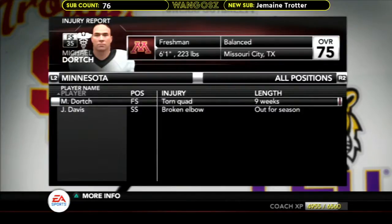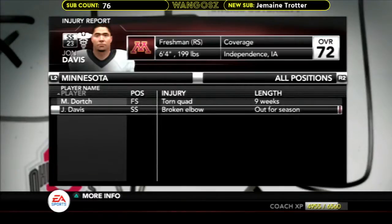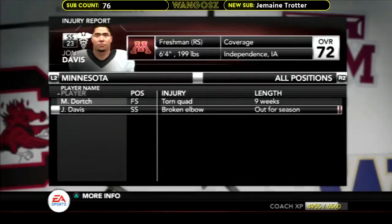My QB is not on the injury report, so I guess it must have been a 1-game injury, which is fine because one quad from the 75 overall. Actually, free safety. My free safety is my weakest position. My adjustments. What do you mean do my adjustments? I'm on Tyler's profile right now. Sorry,